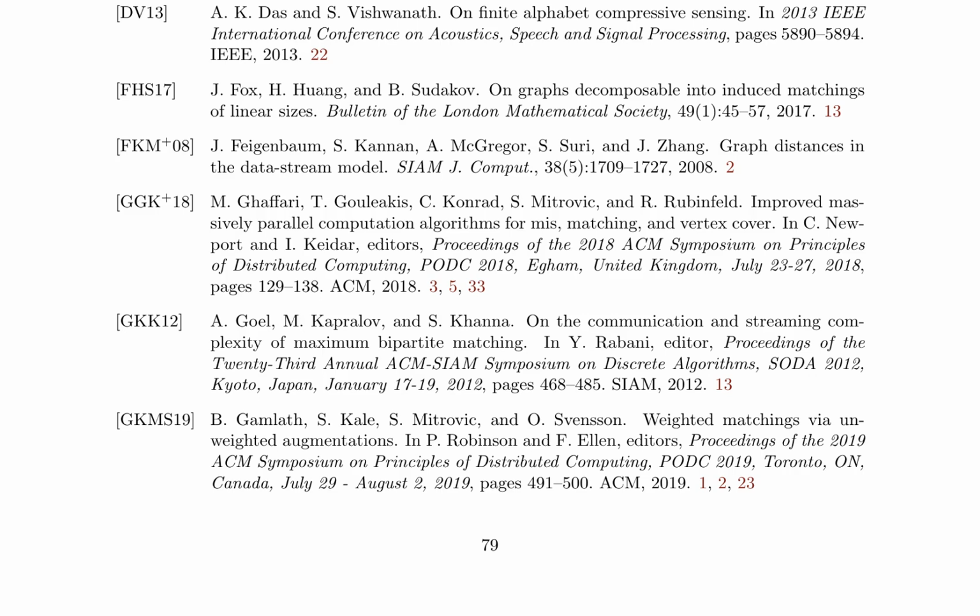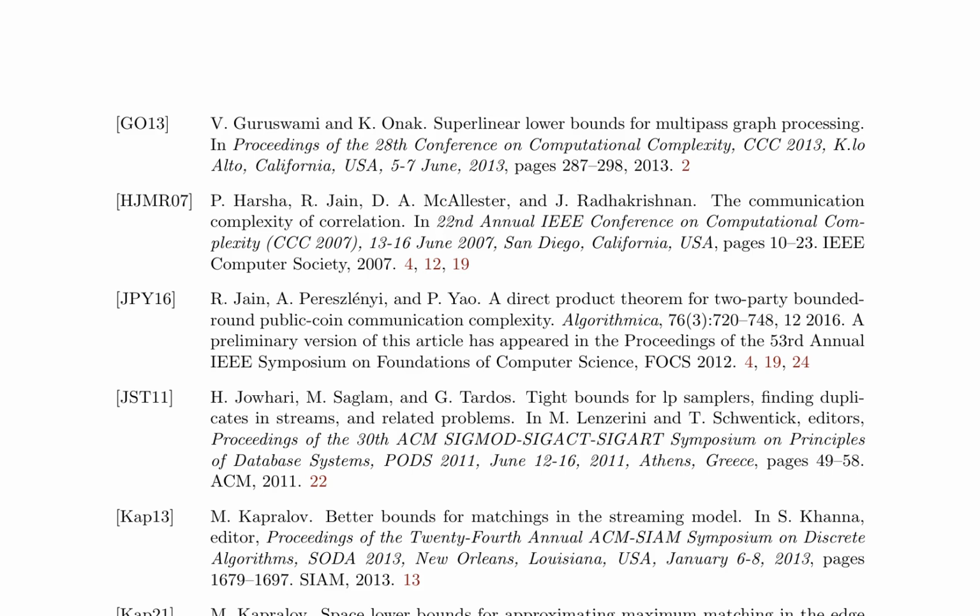The authors also discuss the role of communication complexity in understanding these trade-offs, as it provides a framework for analyzing the amount of information that must be exchanged between different parts of an algorithm to achieve a certain approximation ratio. The paper then presents new results on two-pass streaming algorithms for maximum bipartite matching, including an unconditional lower bound for any two-pass algorithm. This lower bound is based on a novel reduction from a communication complexity problem, which demonstrates the power of this framework in understanding the limitations of streaming algorithms.